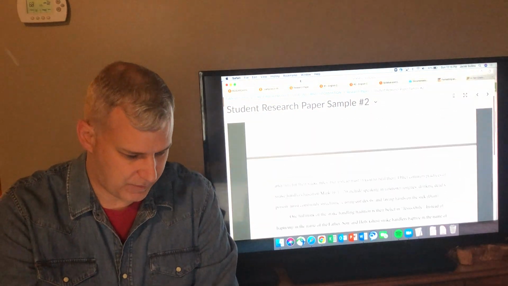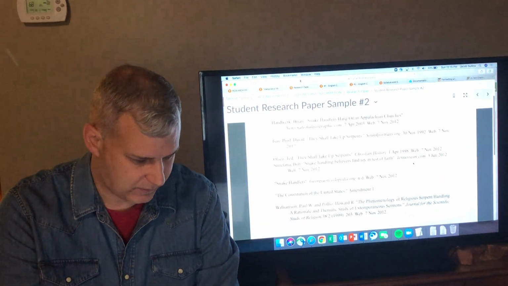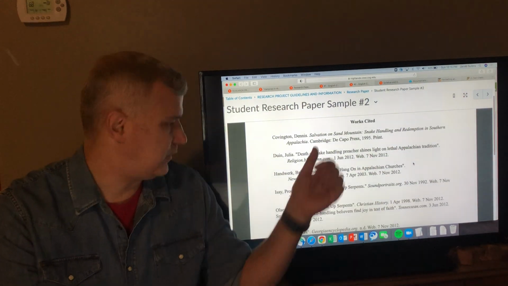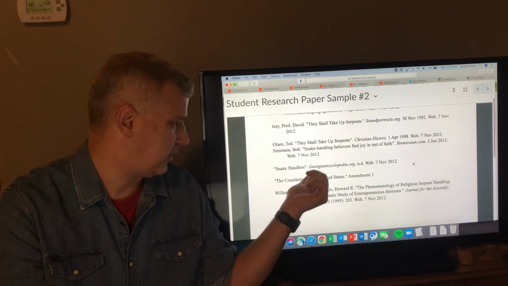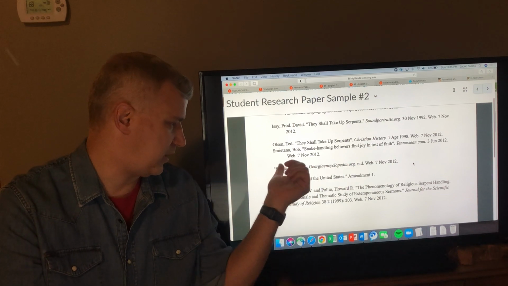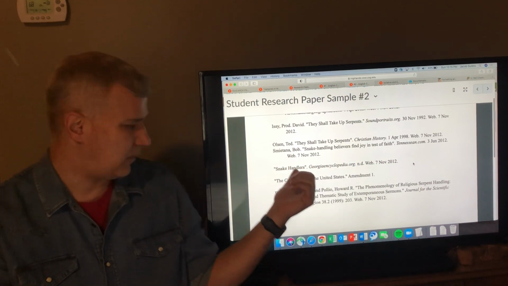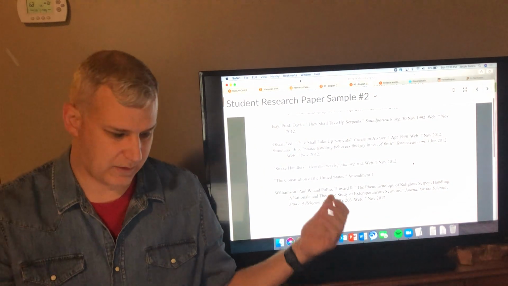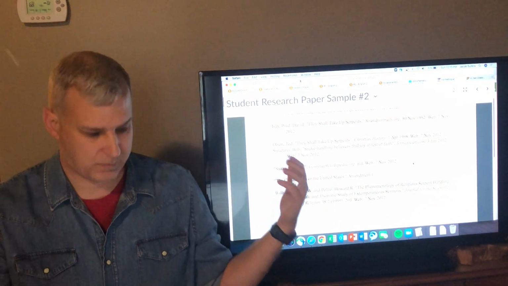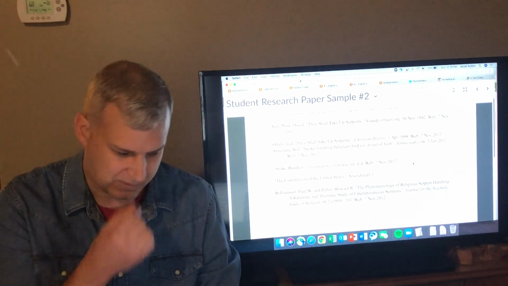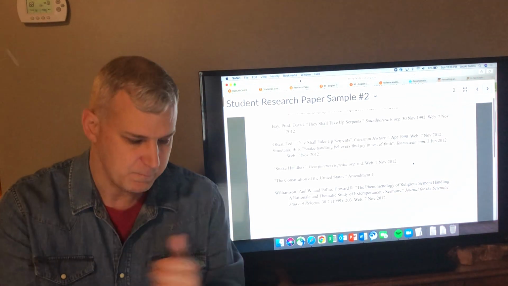parentheses there, you scroll down to the works cited list, and you see Doing, there's the source that they cited in the first paragraph, and then Snake Handlers under Georgia Encyclopedia. So since they didn't have an author, they put the first two words of the citation, Snake Handlers. All right, I know you're using the source Snake Handlers, first two words of the citation in your works cited list. There you